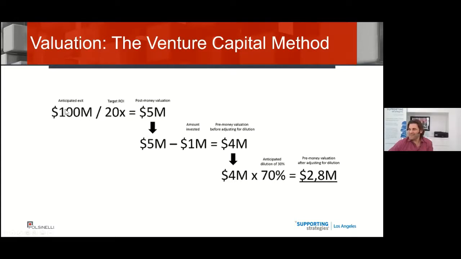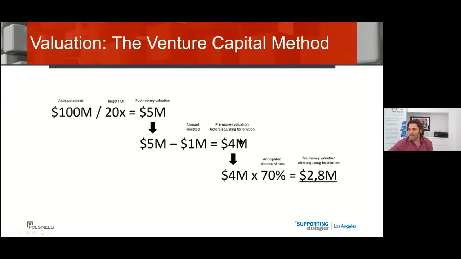I like it. Right. So this basically says, here's how much we think the company is going to exit for. We want to get 20-time ROI on our investment. So that means that the investor today would invest in a business with a post-money valuation of $5 million. But then you subtract the $1 million that you're asking the investors to put in, that gives you a $4 million pre-money